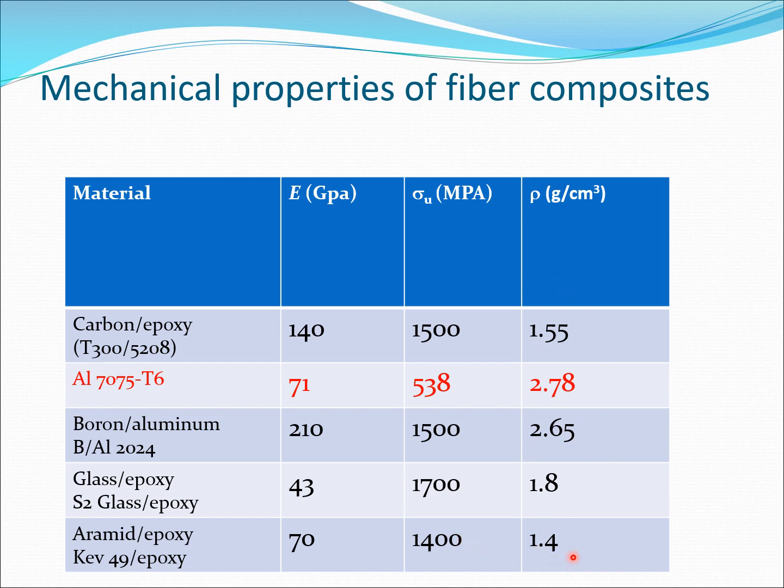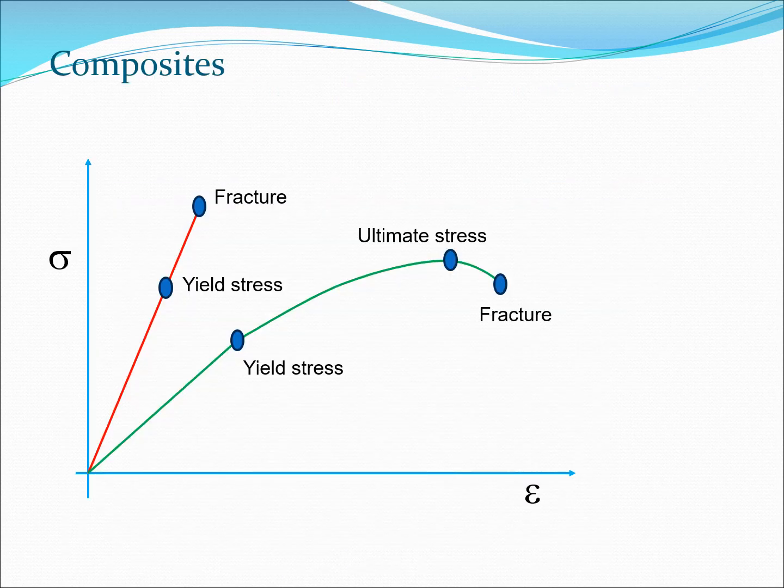So because of this, composite materials have become pretty popular as far as aerospace applications are concerned. They do have much better strength properties and so on, but I should also mention that they are somewhat more complex. They have multiple levels of failure mechanisms, and so one has to keep some of these things in mind. Now, if we look at the